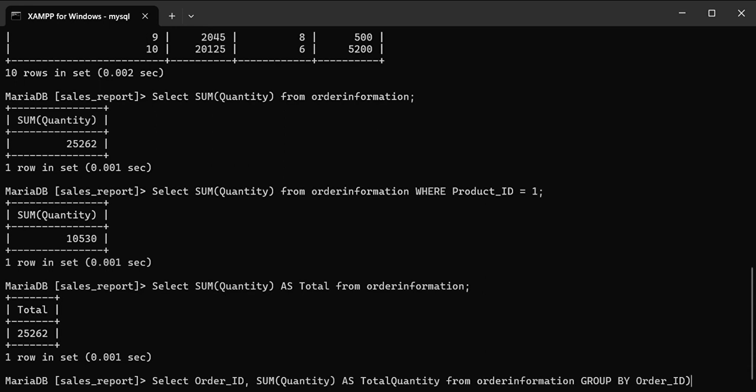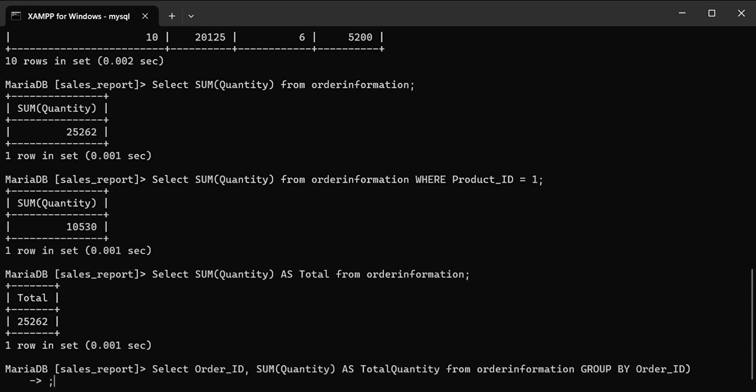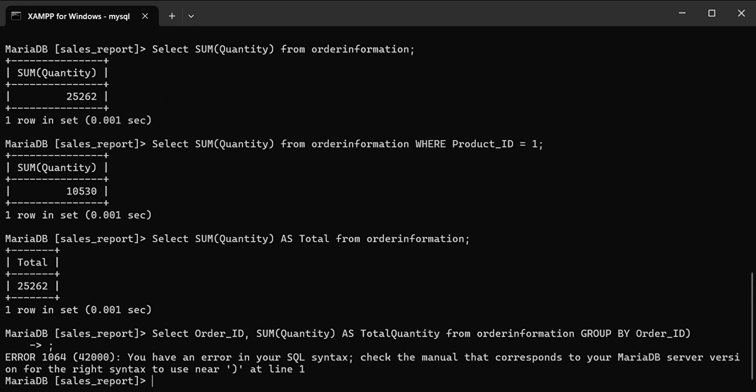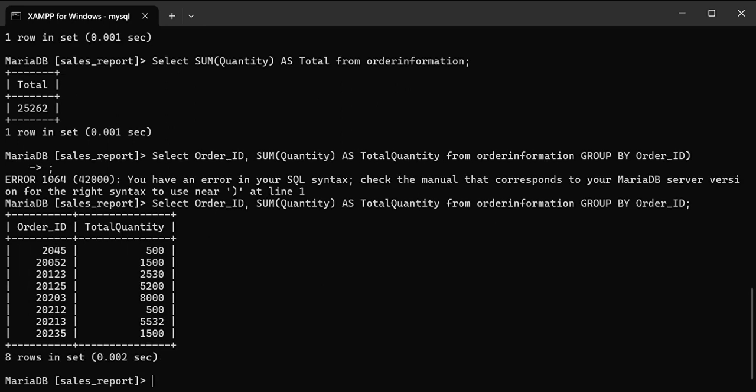We have to SELECT order ID, SUM of the quantity AS total quantity FROM our order information, and then we are going to GROUP BY order ID. Okay, so the output table displays the total quantity for each of the orders based on the order ID field.